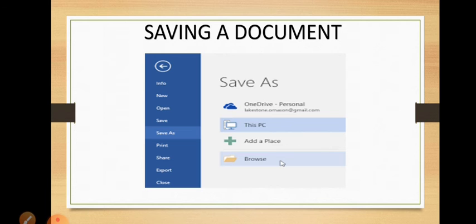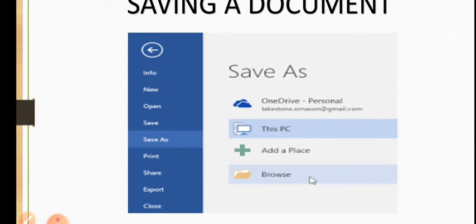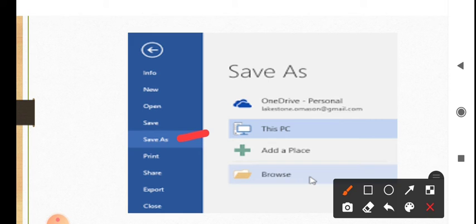Okay, so here for saving a document you have the same procedure, file tab, but instead of the new option you have to click on the save as option. Now after this save as option, see here, it will show you OneDrive, this PC, add a place or browse. So you have to click on the browse option, or OneDrive means if you have to send it personally or with the help of email, but browse means you will get to choose in which drive you have to save,